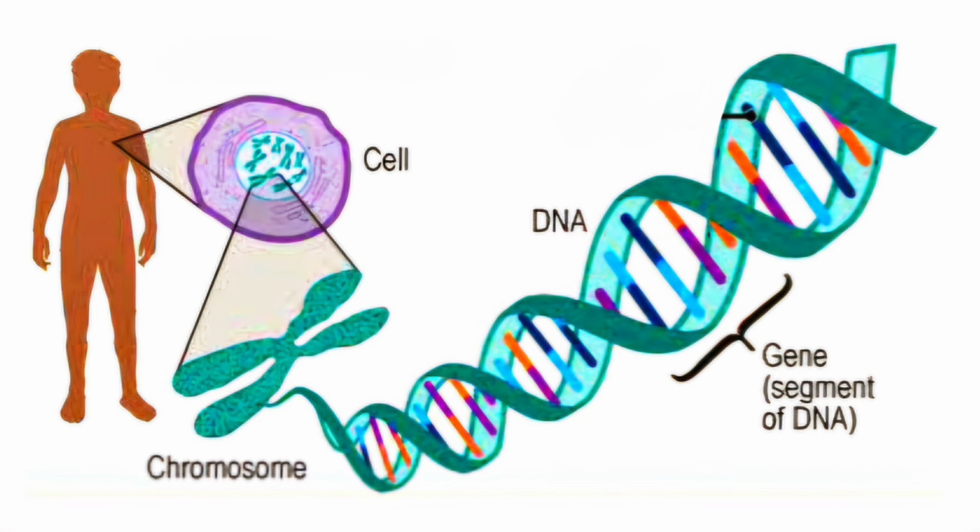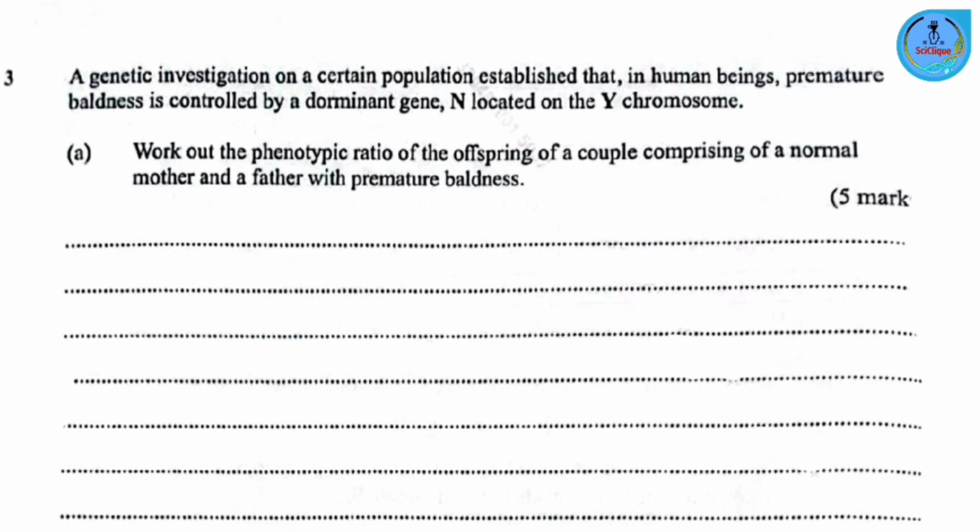Now let me put all of this into context by giving you this example. I'm going to use a book. I know it's random, but hopefully it will work. Imagine the DNA molecule as a book, and the genes are the sentences within that book. So the sentences are arranged in a specific order to tell a certain story. So DNA, genes. Now coming back to our question, we have a man and a woman with the following